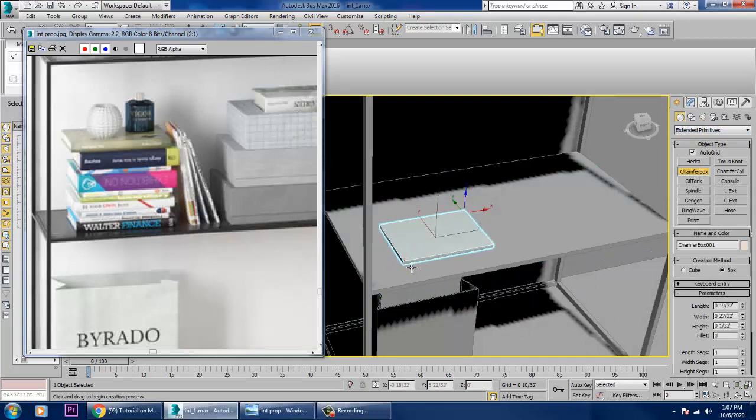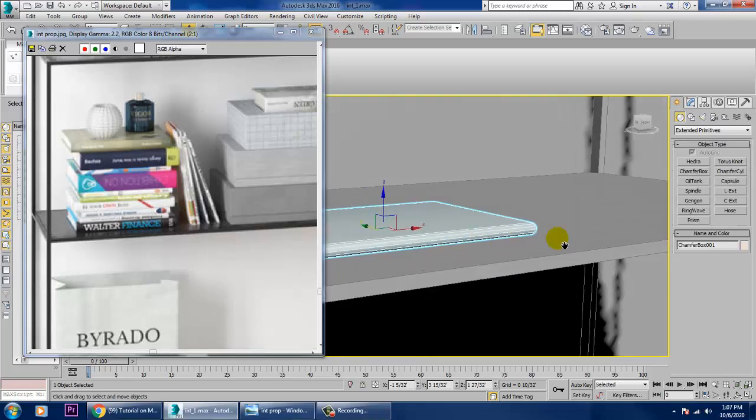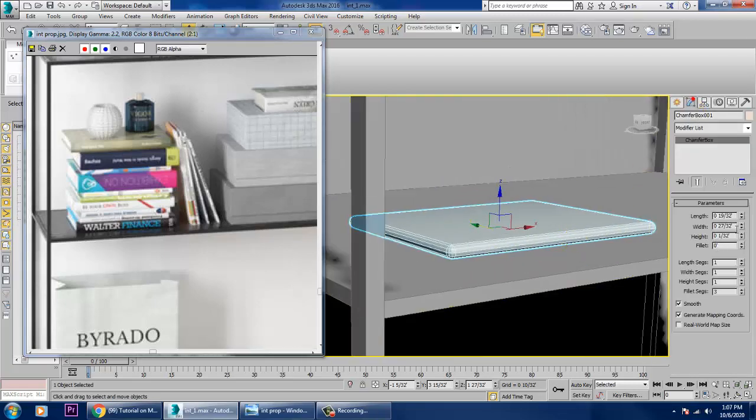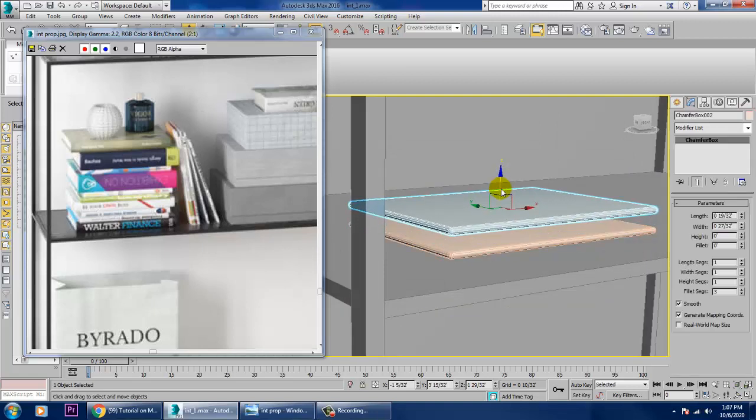After taking a chamfer box, let's reduce its height a bit, and make a copy of it onto the top.